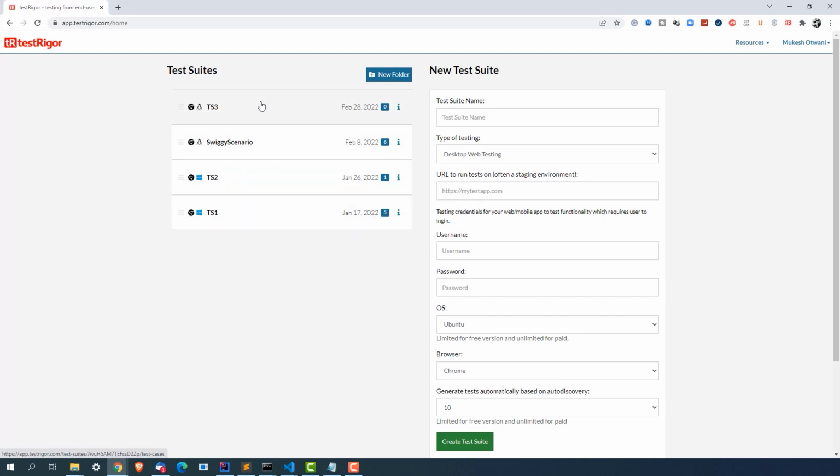So you can create a test suite, depending on the requirement. I will show you how to do that. Right now I have 4 test suites: test suite 1, 2, 3 and 1 Swiggy scenario. On the right hand side, you can see we can create a new test suite. As you can see, the test suite name, it will ask you the type of testing that you want to